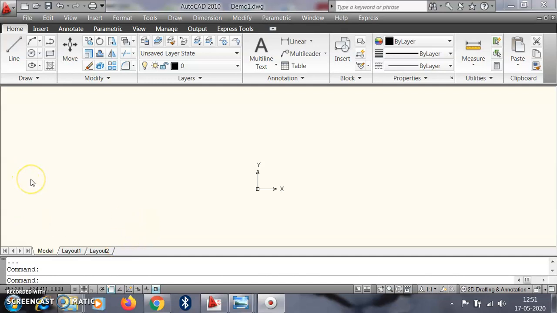Hello everyone. Here we start actual AutoCAD practice. So to get a better understanding, open your AutoCAD window and operate simultaneously with reference to this video. So here,